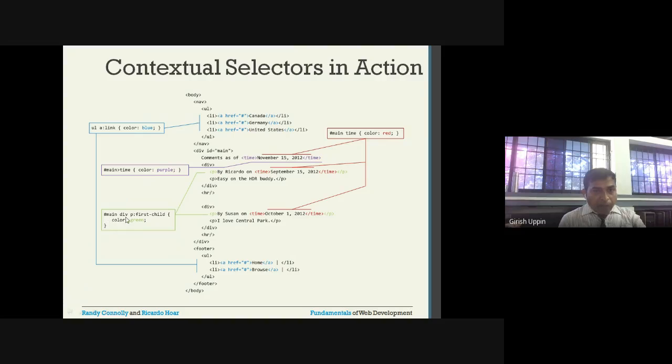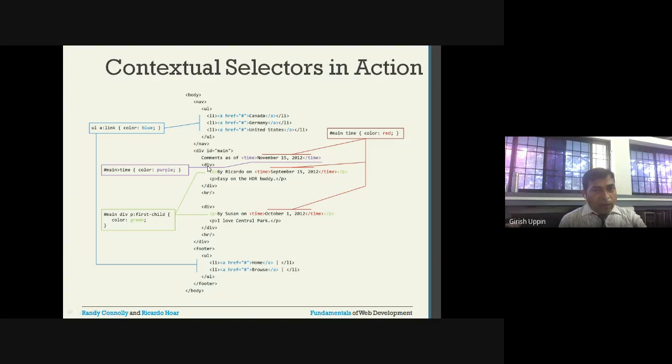Okay, and I have one more rule here, inside main, inside the main id, if div is present anywhere, and inside the div p is present anywhere, the first child, meaning the first p inside the div, would be colored green. So you can see here, this is the main, and main has a div.